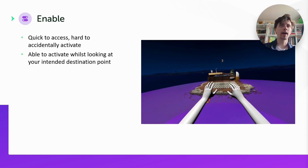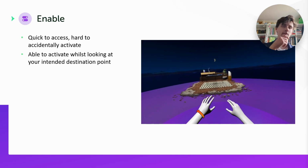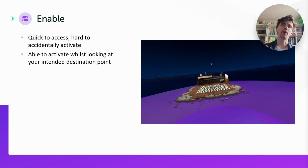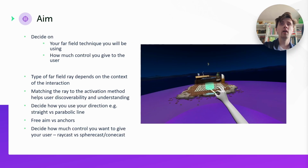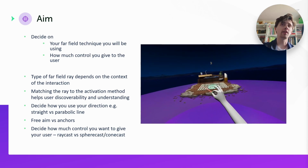Like the learning we had from the wrist position, you want to be able to activate whilst looking at your intended destination point to try and keep your user in the flow. You don't want people to have to look away from where they want to teleport before teleporting because that really ruins their flow. Okay, so aiming is a fun one